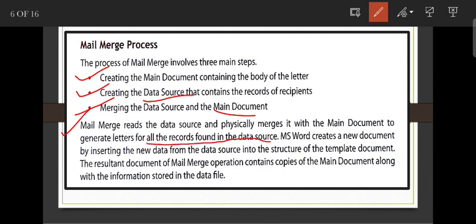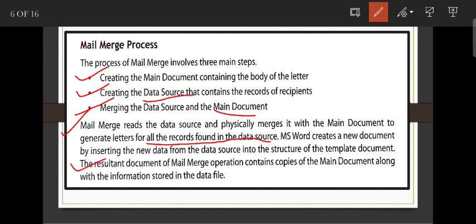If you have five recipients, then the mail merge will generate five copies of the letter. MS Word creates a new document by inserting the new data from the data source into the structure of the template document.